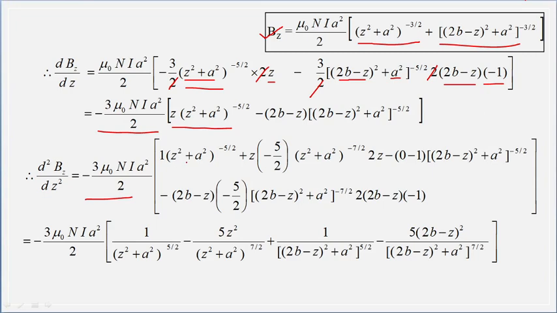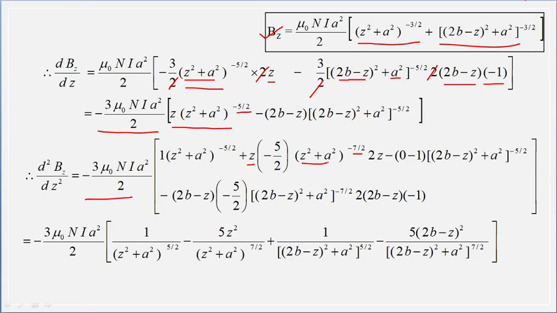Then here derivative of z is 1. So derivative of first term, that is z, is 1. Then second term repeats. Plus the first term, which is z, and derivative of the second term, which is (z square plus a square) raised to minus 5 by 2. So minus 5 by 2 comes as a multiple. And here the power reduces by 1. Minus 5 by 2 minus 1 is minus 7 by 2